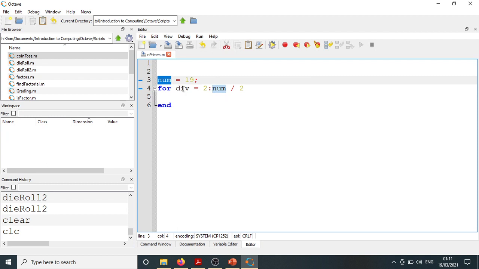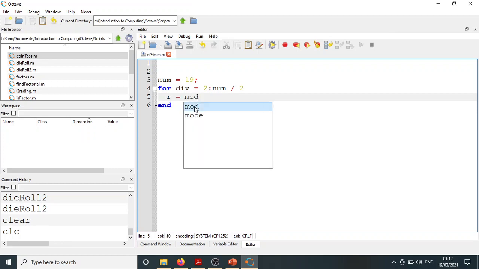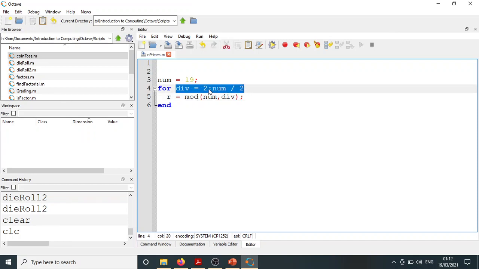तो हम num को डिवाइड करना है by div and we need to look at the remainder. ठीक है. So r is equal to the remainder हम मालूम करते हैं using the mod function. इसको हम पहले भी यूज़ कर चुके हैं. ठीक है. So हम num को डिवाइड करते हैं by div, और div is not just one number, it is basically a vector. ठीक है. जो कि हम जनरेट करते हैं यूजिंग दिस स्टेटमेंट, और इसकी इनिशियल वैल्यू 2 है और फाइनल वैल्यू नम बाय 2. ठीक है. सो हम इसको बारी बारी नम को डिवाइड करते हैं बाय डिव एंड वी लुक एट द